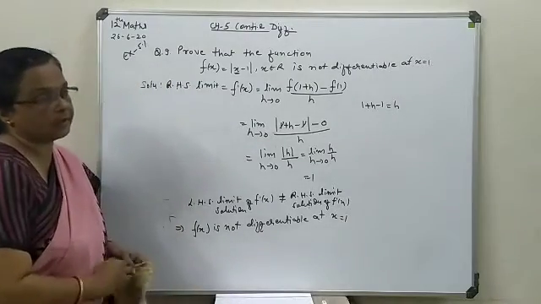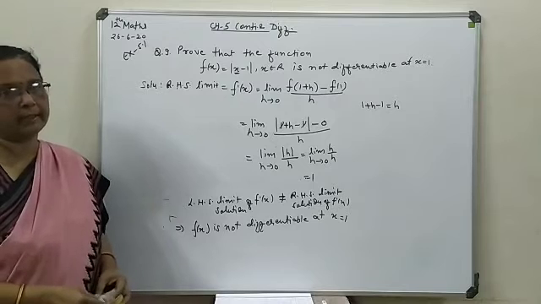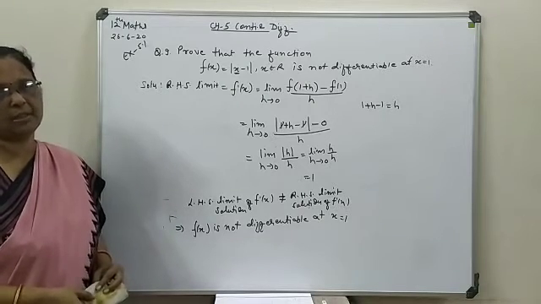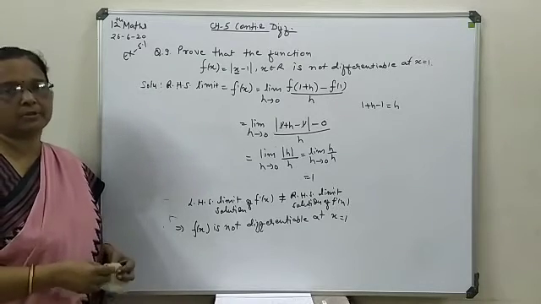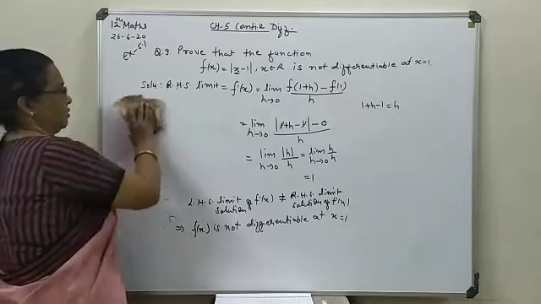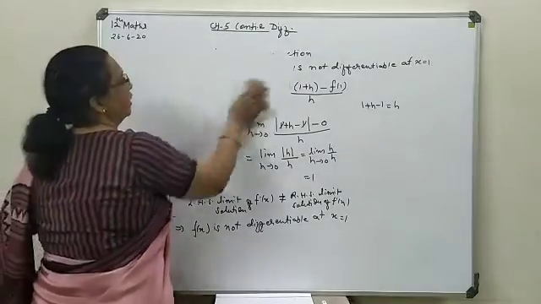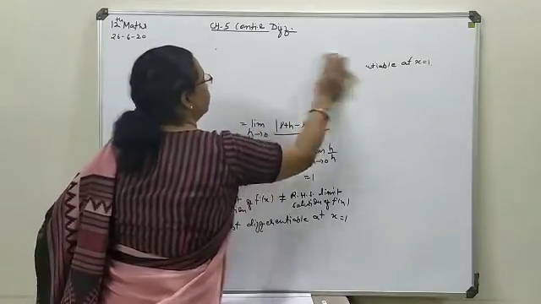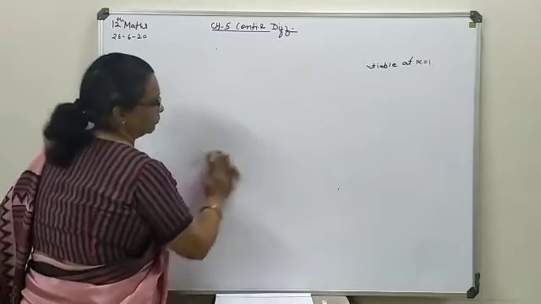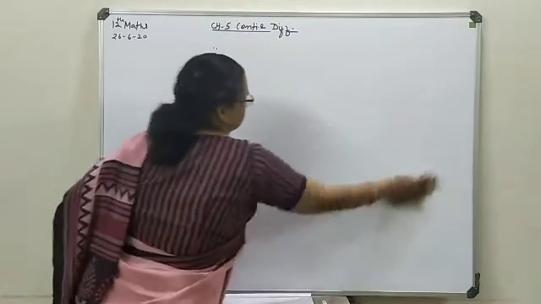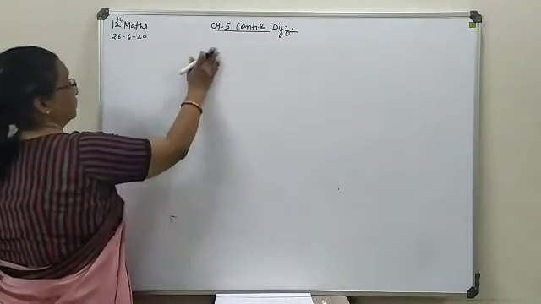Now in the next exercise we have two types of question: derivative of an inverse function and derivative of a complex form of the function, meaning x and y are not possible to separate in terms of each other. So we are going to discuss both types here. Before that, we list out the formulas for inverse form. Now first we list out the formula.